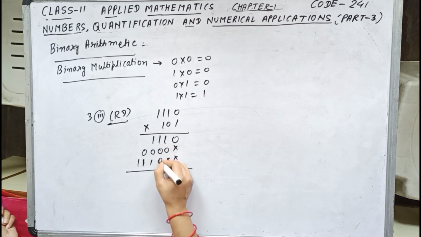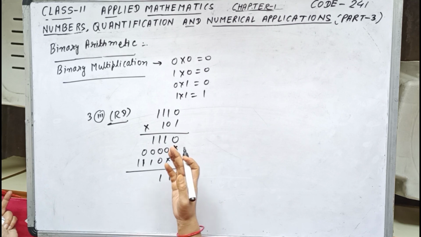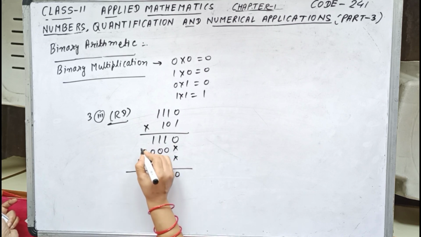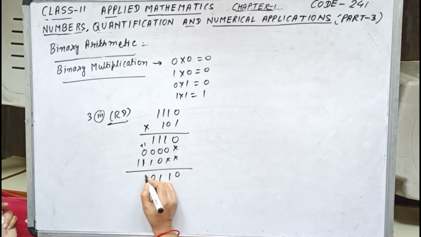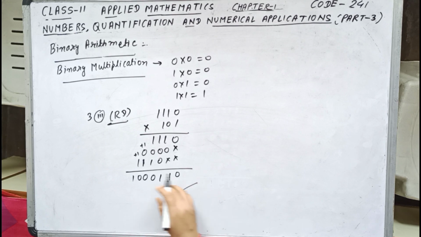1 plus 0 is 1. 1 plus 0 is 1. Again 1 plus 0 is 1. 1 plus 1 is 2, means actually it is 2, but 2 shifted over there. So 1 plus 1 is 0, and over here plus 1. 1 plus 1 is 0, 1 shifted over here. 1 plus 1 is 0, 1 shifted over here. So the answer is 1, 0, 0, 1, 0. Let me see. Question 3, number 3 we have done, na? 1, 0, 0, 1, 0. Yes, it is correct. So we have understood the binary multiplication as well.